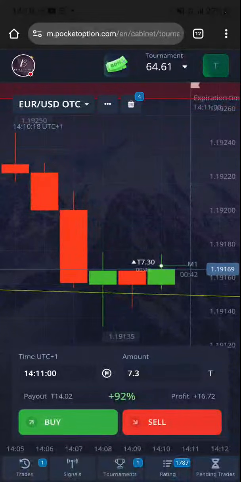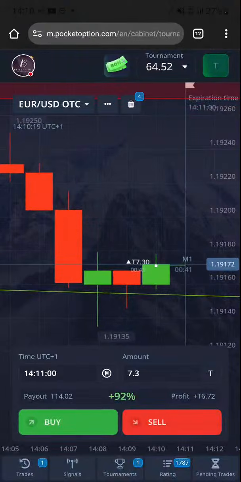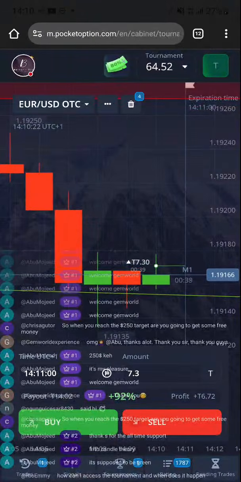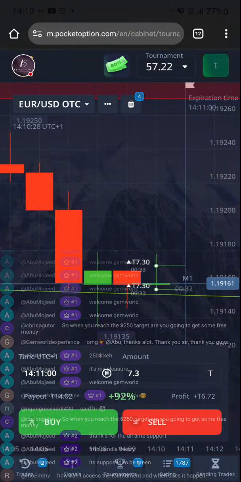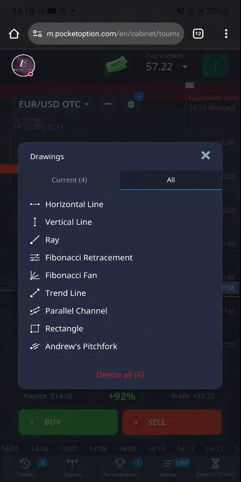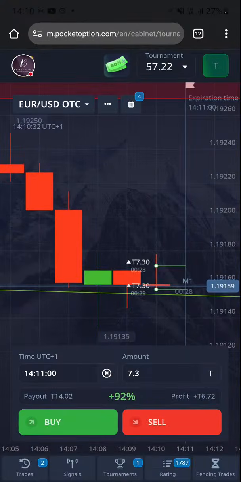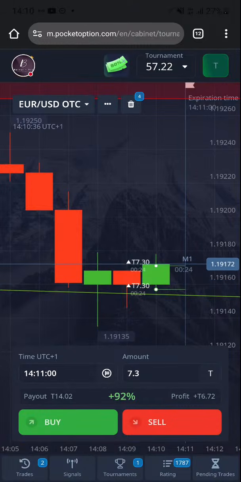Oh, I should have taken this trade, but don't worry, I'll take it now. I'm expecting the push to the upside now, so if it goes down again, I'll take one more. The reason I'm taking this trade, I will show you something quickly. Sorry, I missed that message. The reason I'm taking this trade right now is because I want to pay attention